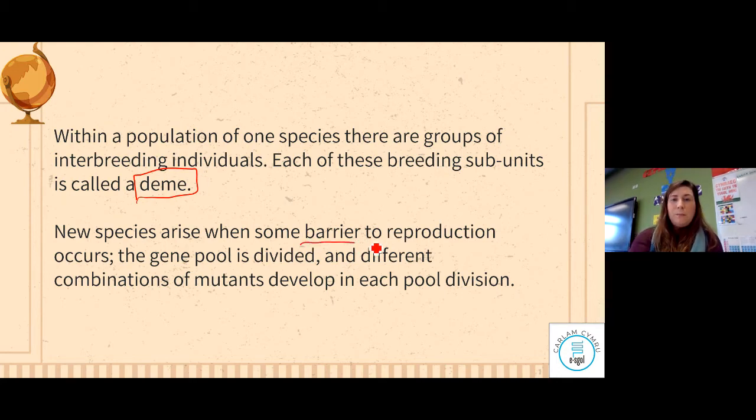Okay, so we're going to look at these barriers to reproduction. The gene pool is divided and different combinations of mutations develop in each pool. Sometimes we're going to look at geographical isolation, which means there are different things available and we get different mutations, and then we get a different species. This was also visible on the Galapagos Islands, because the tortoises were a large population. There was an eruption and lava flow, and some tortoises were left on one side and others on the other, and